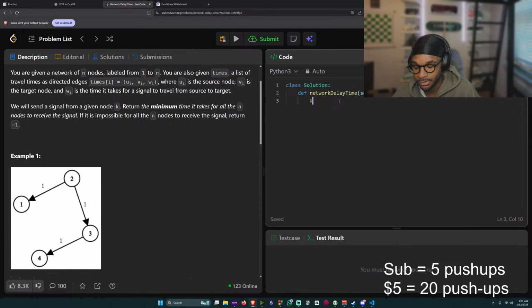Okay, so let's do the comments. I think the first thing we need is an adjacency list. But we also need to make sure that if we can't get to one of them, we return -1. That's an easy case. Yeah, if any of the things in the array is infinity, return -1. We just get the max, and if max equals infinity, then return -1. So we make an adjacency list, and then we make the heap, right? Heap with